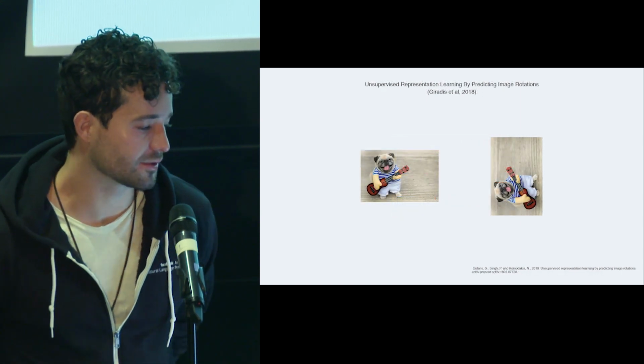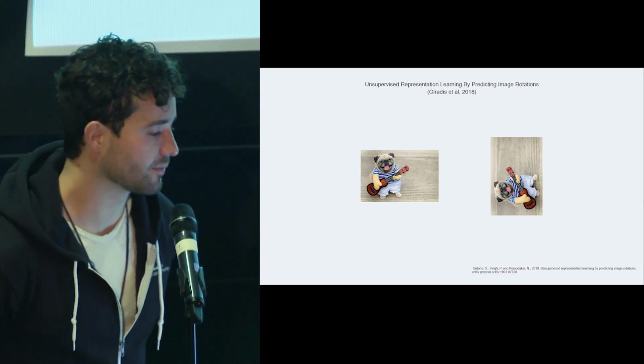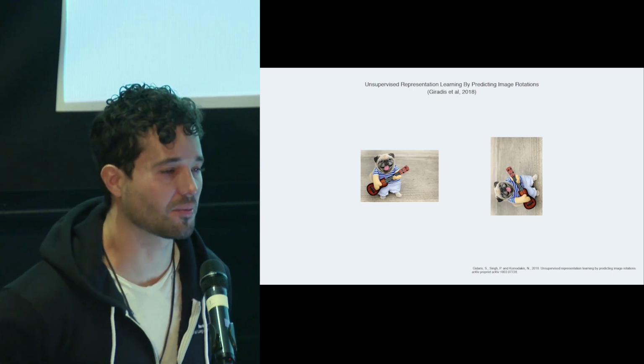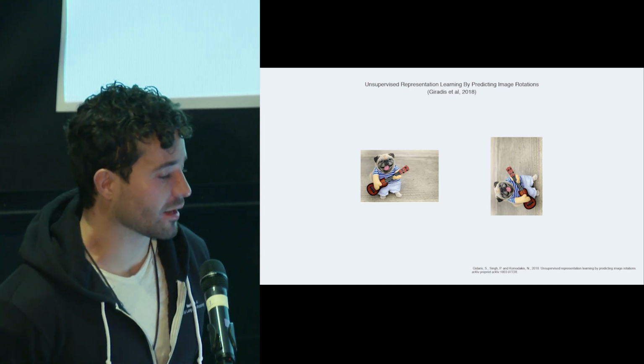And this one is about predicting image rotations. You take an image, you rotate it, and then you have a softmax over the angles that you rotated. So you could have 45, 90, whatever, and then you try to predict which one it was. Again, all of this stuff is very specific to images, so it's not something that we want to be moving forward with.